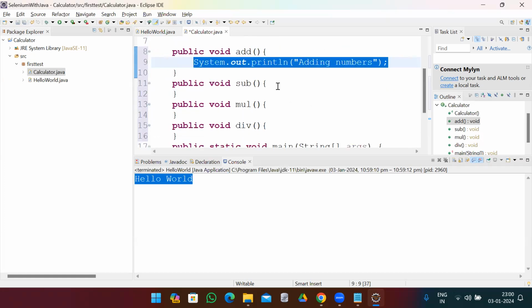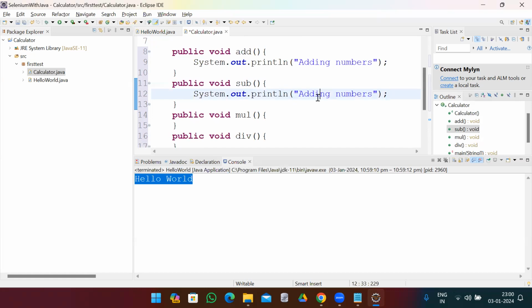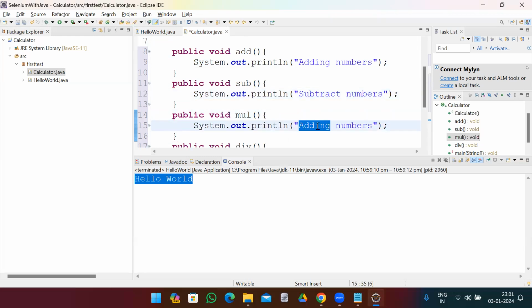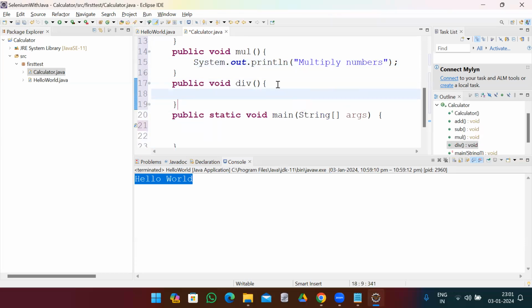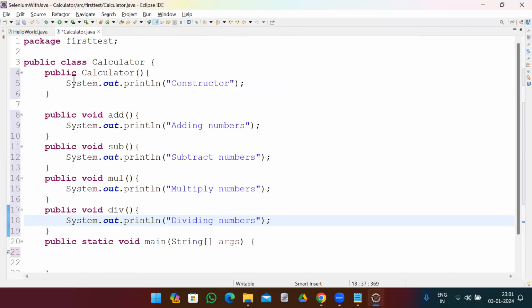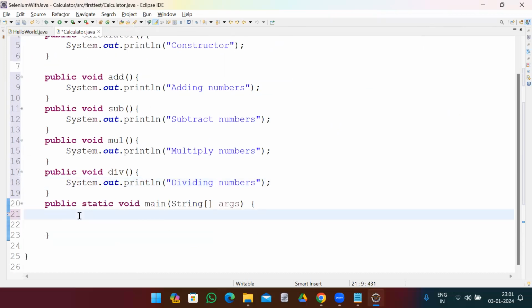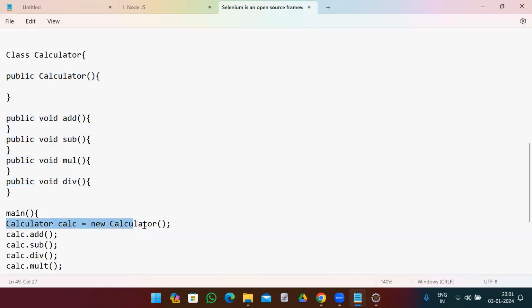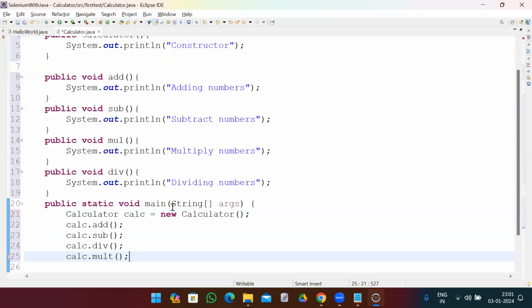In a similar way for the subtract, I'll just say subtract, and for the multiplication, multiply, and for the division, dividing numbers. And to call these particular methods, you need to create an object. So how to create an object? You need to create it like this and you can call the methods in this particular manner. Okay, so if I just run this,